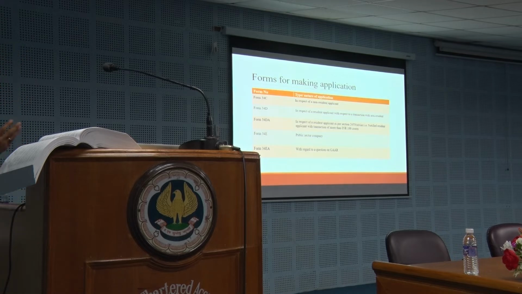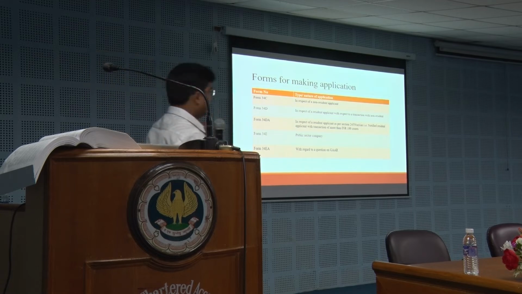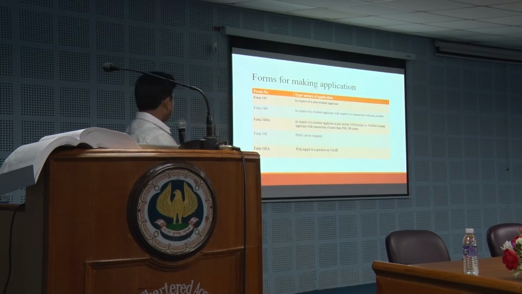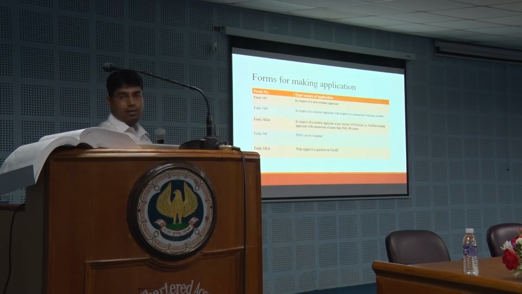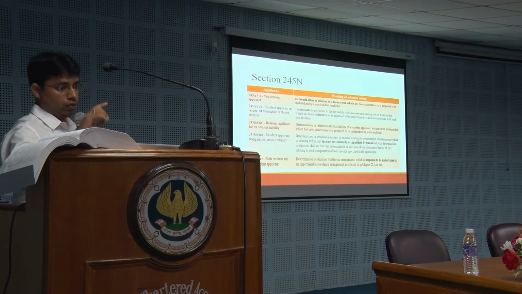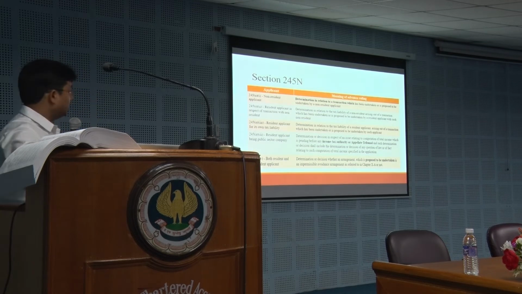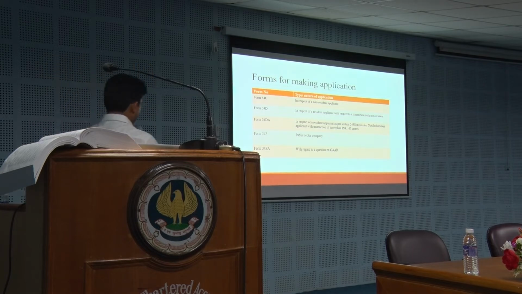So there is a rule, Rule 44E under the Income Tax Rules. It prescribes the forms which have to be filed by various categories of applicants for approaching the AR. So to simplify, Form 34C has been prescribed. In the first category, I'll just quickly take you to the first category of the applicant, which is 245NA1, non-resident applicant. And it has been mentioned in serial order. So first one is a non-resident applicant who has to determine the